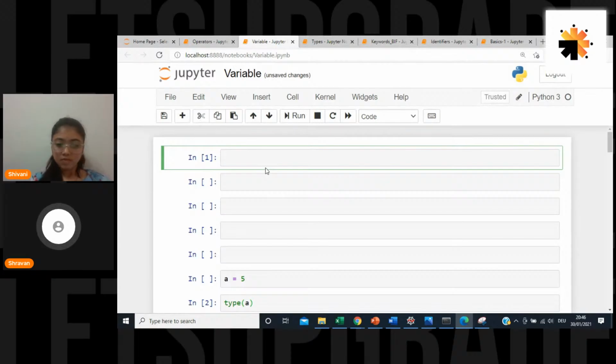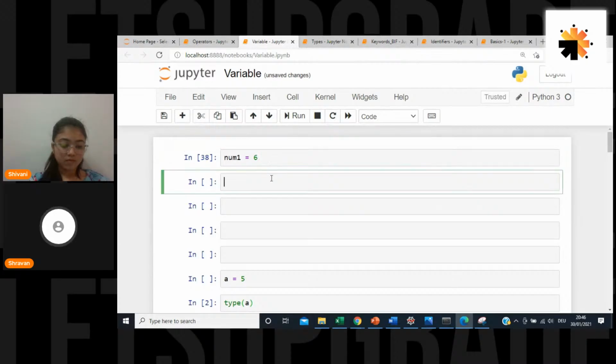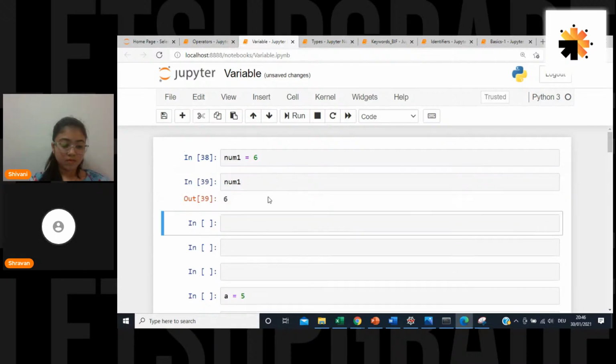I wanted to have a name for it, so I'm taking num1 and assigning it 6. Now I will run it and check what is in num1. I'm having 6, right? This is like a placeholder or an object, and I'm giving it a name just for my reference, and I can extract the same.